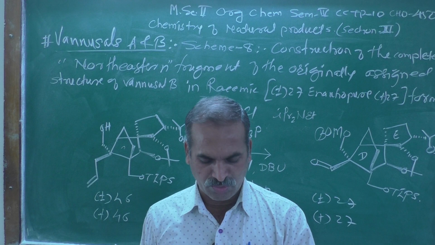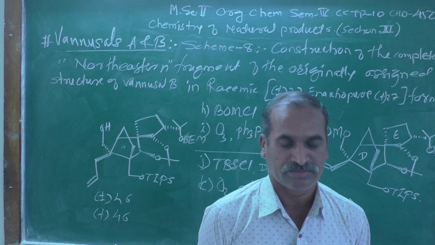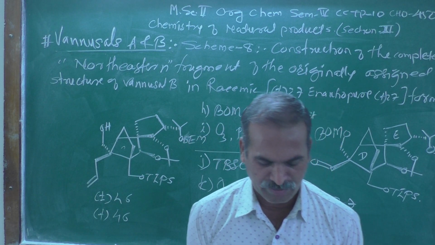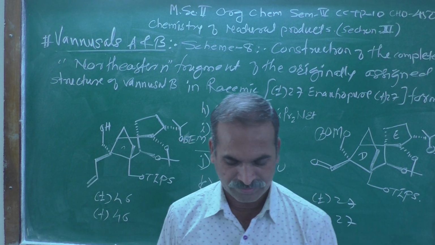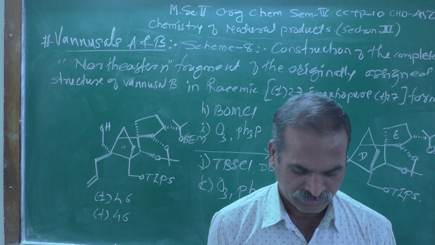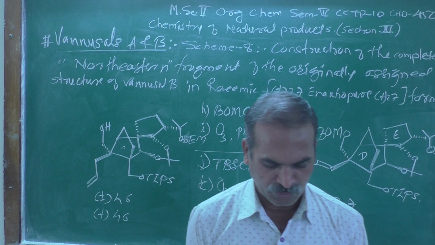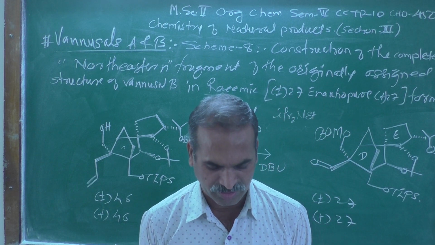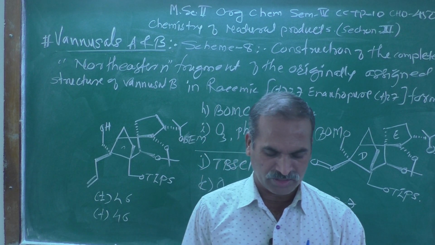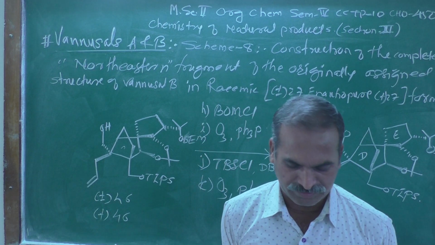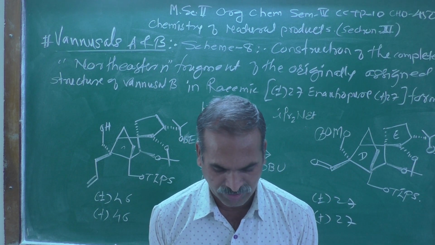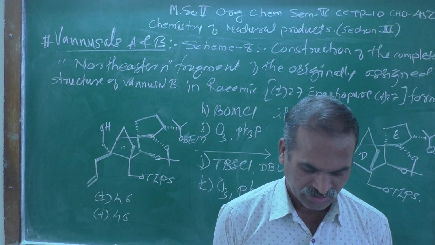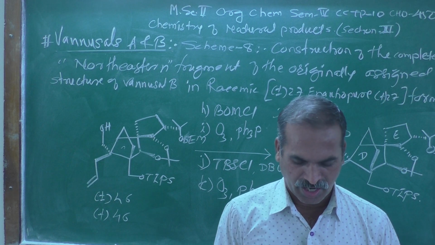And the hydroxyl group of the latter was then protected with BOM, nBu4NI, iPr2NEt, and the resulting BOM ethers were subjected to ozonolytic cleavage, O3, PPh3, 78% yield for the two steps, and